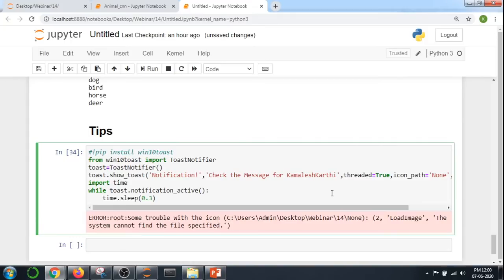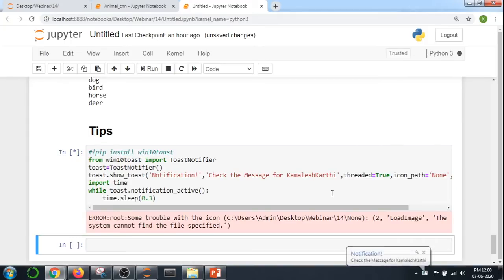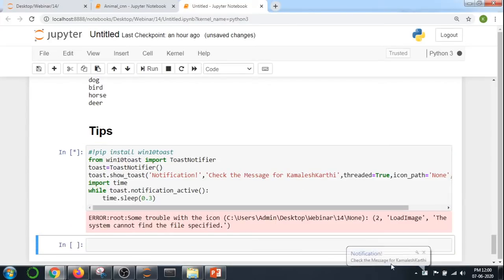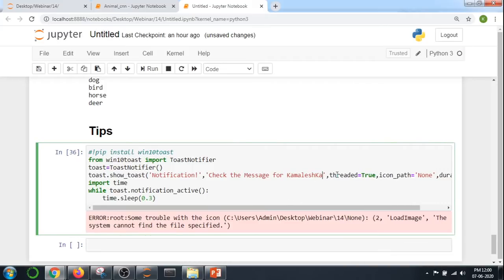Okay, if you run this, you will get a notification like this. That is what I want to tell you. You can get a notification like this. See here, notification: check the message for Kamalesh Karthi. So this is the one tip for getting a notification, and you can change this